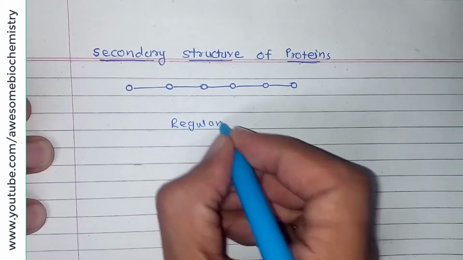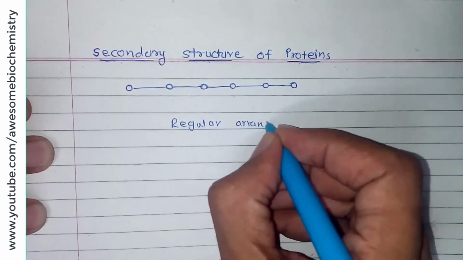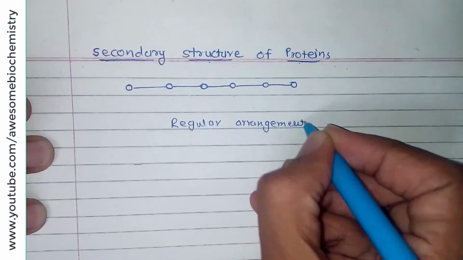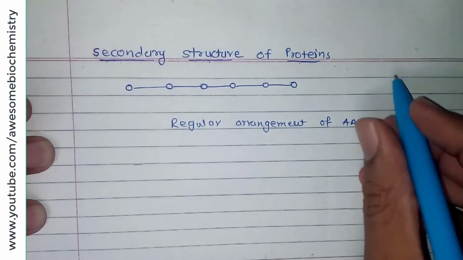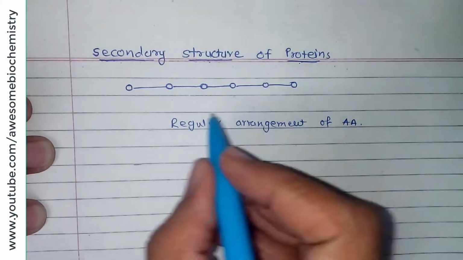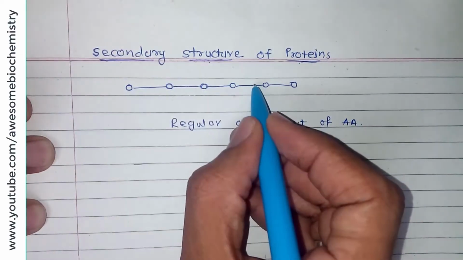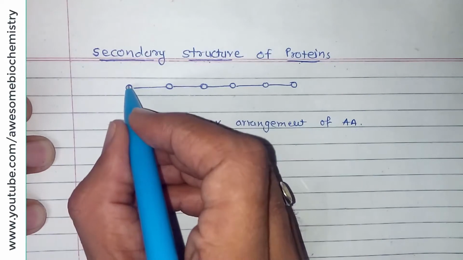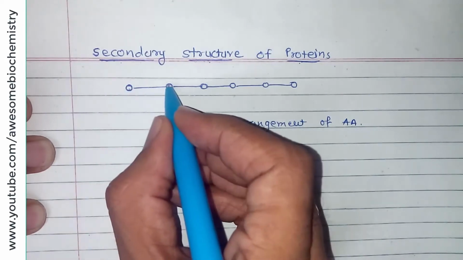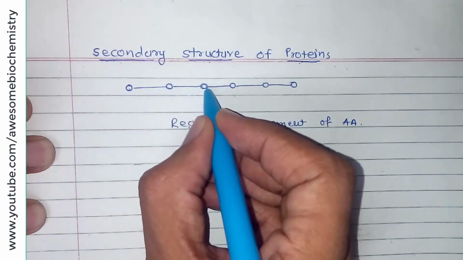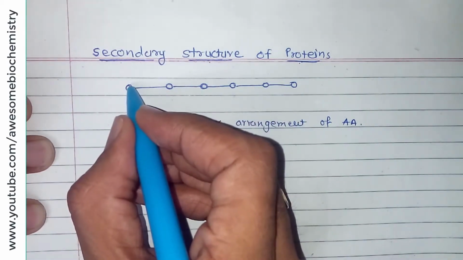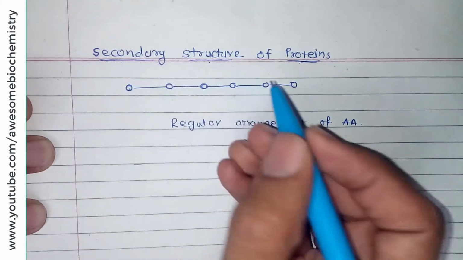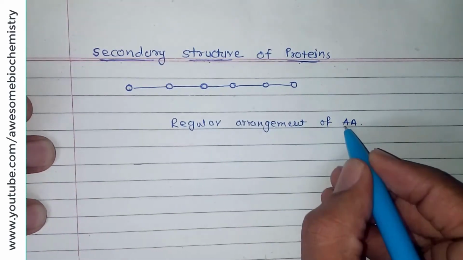So, there is a regular arrangement of amino acids. Which amino acids? Amino acids which are located near to each other, which are neighbors to each other. Suppose this amino acid, its relationship with its first neighbor, second neighbor, third neighbor, fourth neighbor, but not this amino acid's relationship with the 100th neighbor, right? So, it is a regular arrangement of amino acids